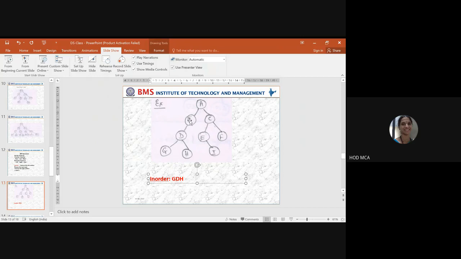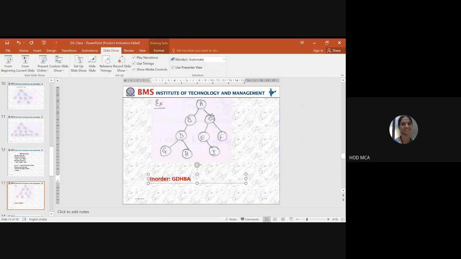I'll go back here. B is the root. I've done with this left. Next is root. So B I will write. I don't have right for B. So I'll go up one more level. So I'm done with the entire left subtree. Next is processing the root node, which is A. And then I'll come to the right side.